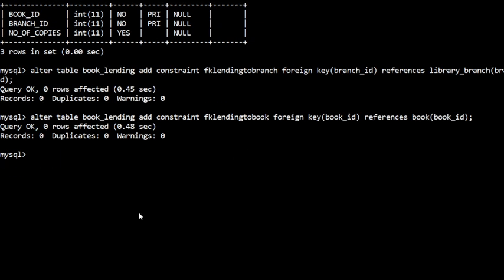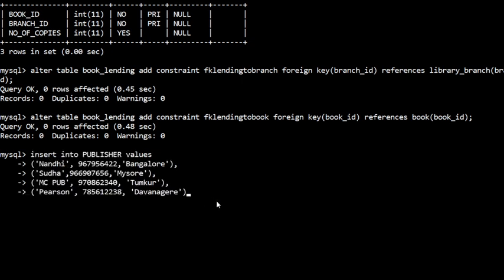Okay, so how can you insert the values? I'll just show you. First I will insert the values to publisher table. At a time I'm inserting 4 rows. See here, this is the publisher name and his phone number and address.